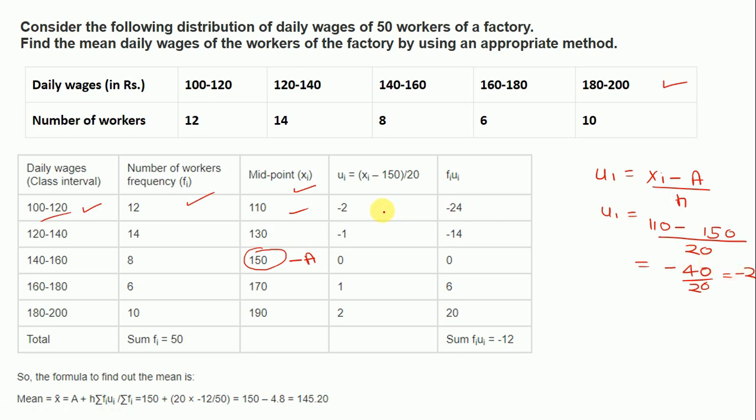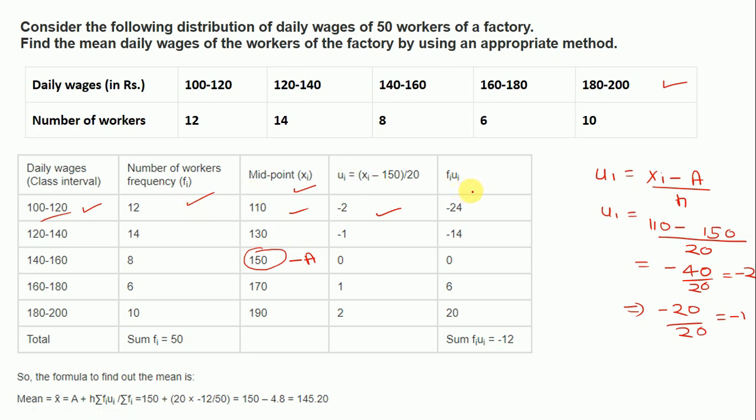So minus 2 is ui, and in this case we just have to replace 150 by 130, and it will come out as minus 20 divided by 20 is equal to minus 1. It will come out as 1 minus 1, and 150 minus 150 will remain as 0, and the same for 1 and 2. And after that, a very important step,